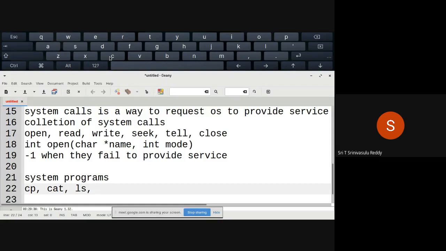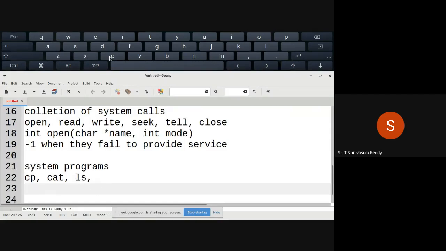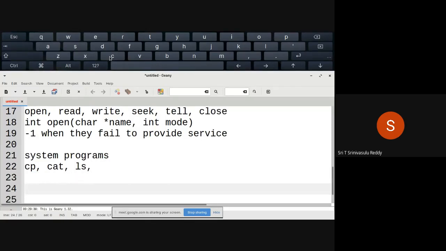So these are the system programs you need to understand. There are many more like that. You can continuously give a big list of all these things, but try to understand what is a system call, what is a system program, and what is an operating system. These are the various things that you need to slowly get used to. Any questions so far?